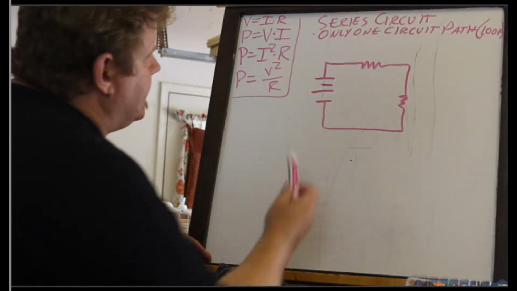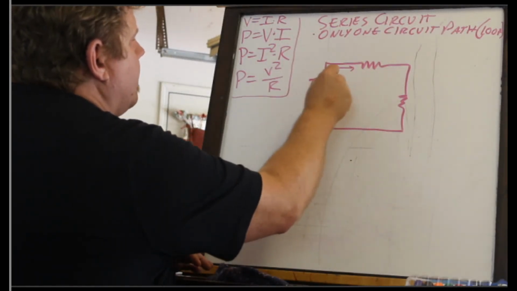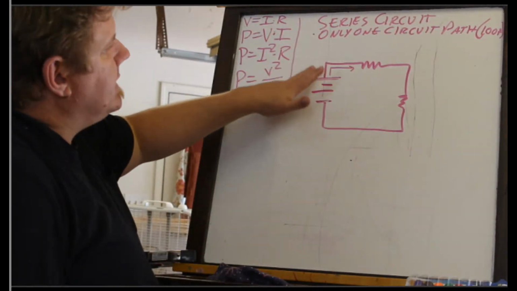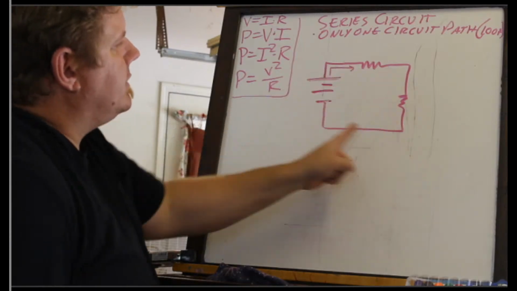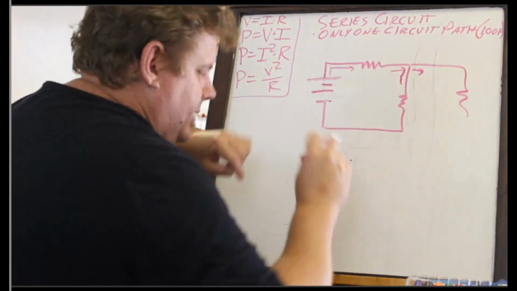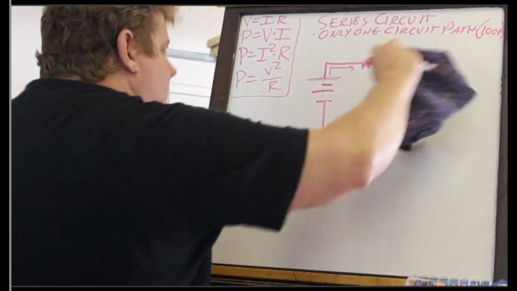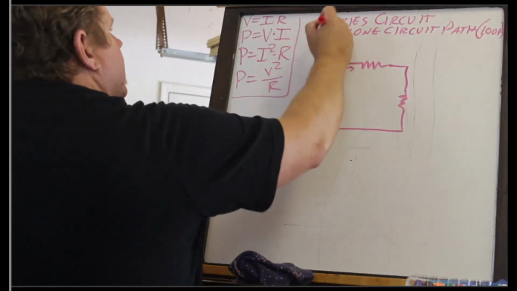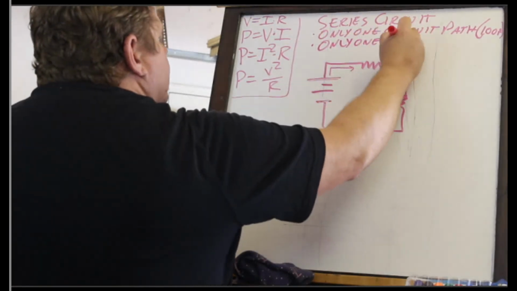Okay? So you can see here, if we follow the current out of the positive terminal of the battery, remember, the long is the positive and the short side is the negative. So our current is going to go this way, okay? And it only goes in one direction. There's only one loop. It does not branch off. When it comes here, it doesn't split, okay? It only has one circuit path, okay? Because there's only one path, that means that there's only one current,